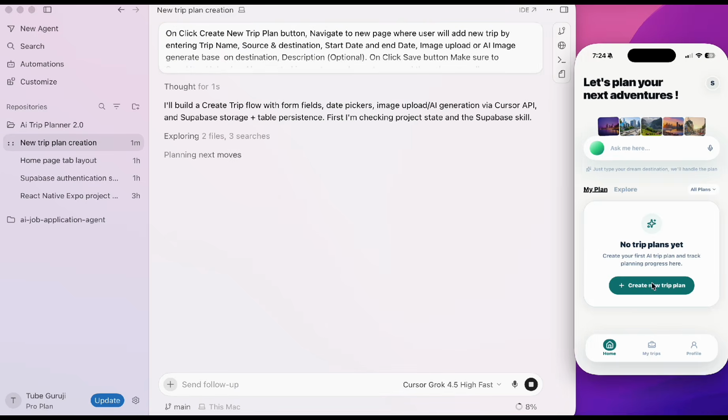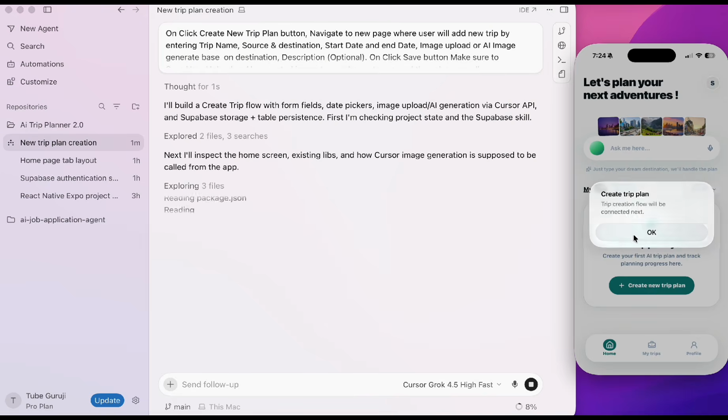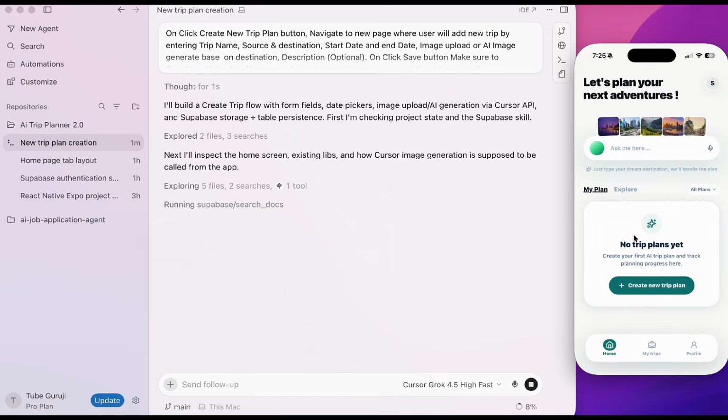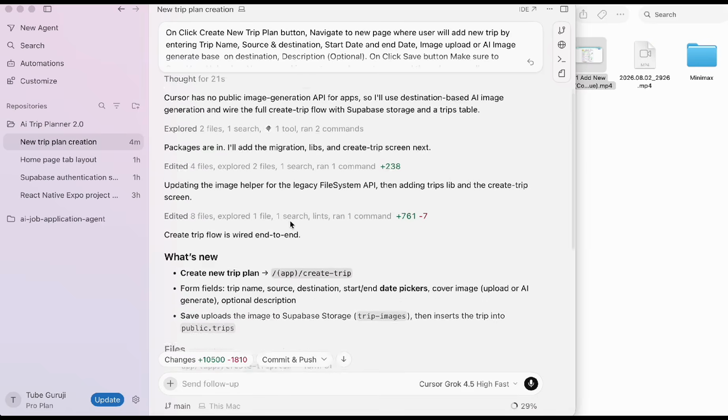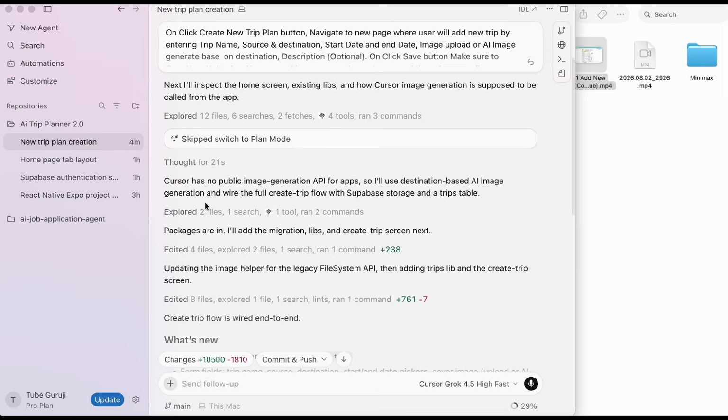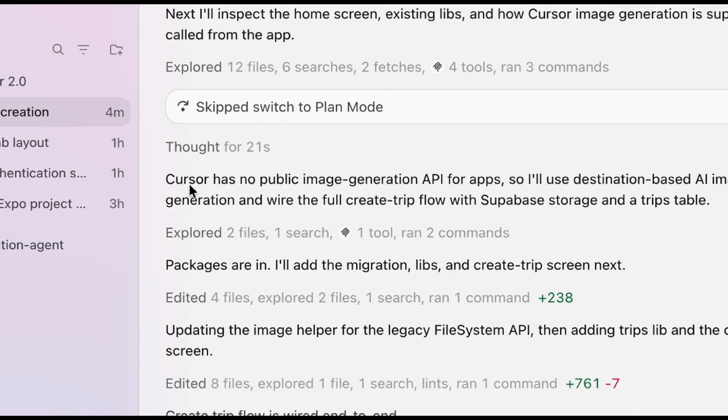Now on the click of the button, it will navigate to the new screen, and then you will see the proper form in order to fill up that information, and that trip will display under this my plan. A few moments later. Now once it is implemented, there is a quick update that the cursor has no public